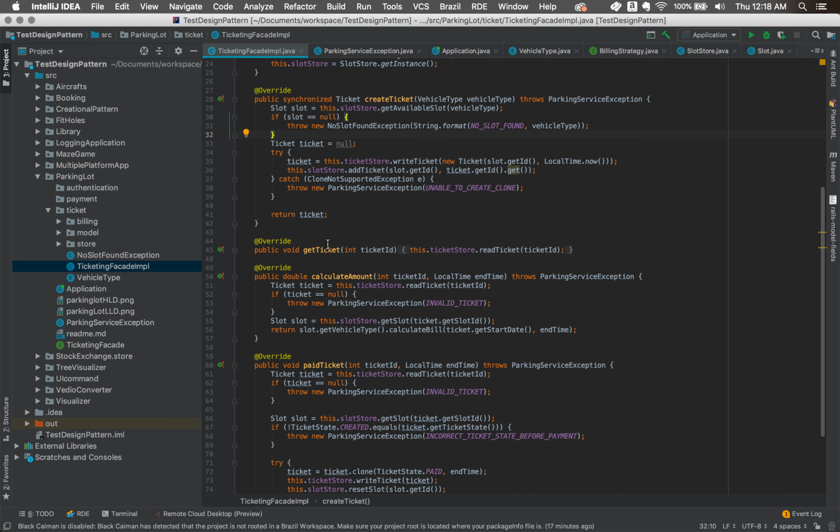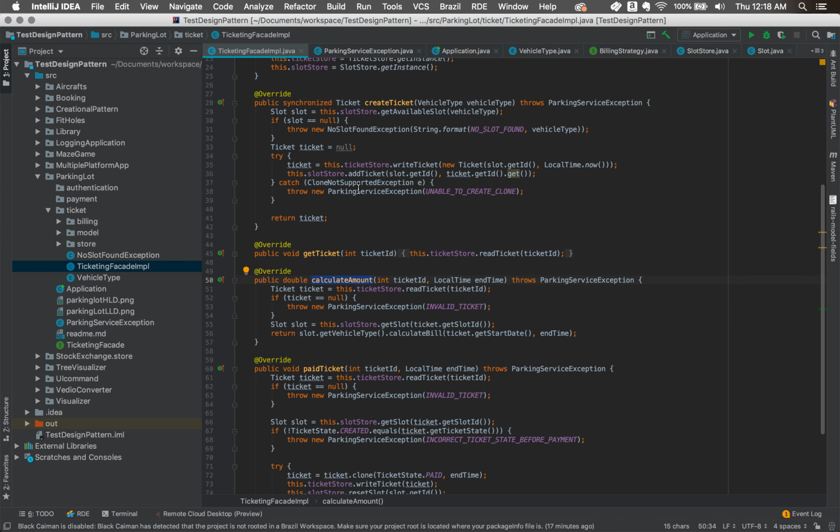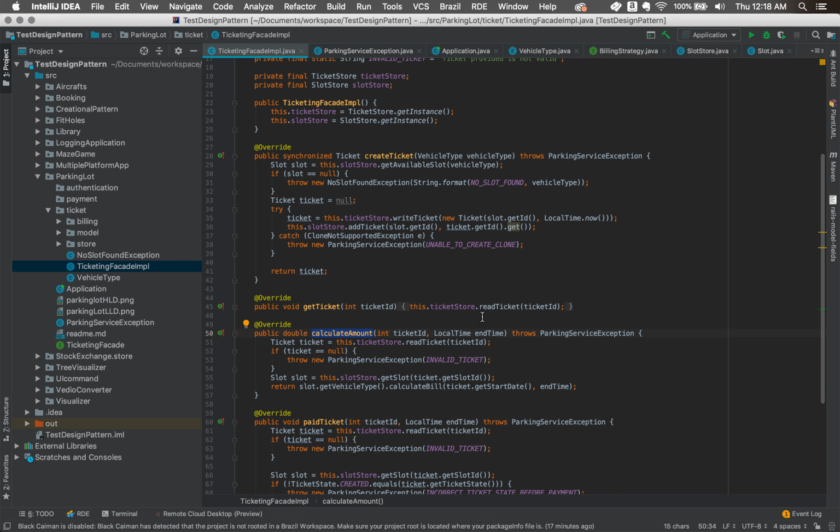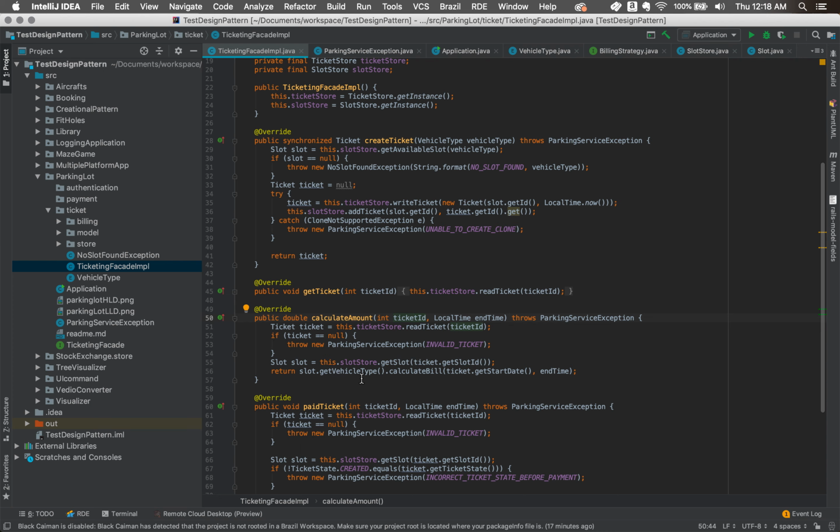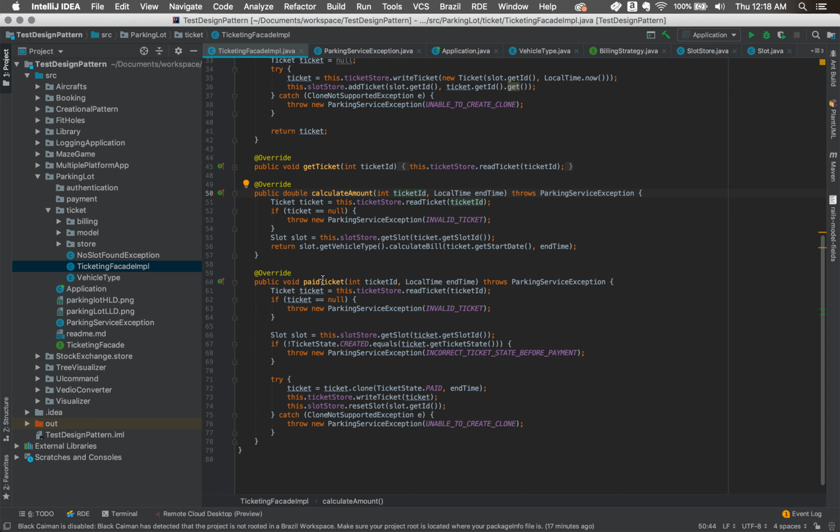Get ticket is normal, it is just to validate the ticket. So this can be the implementation of scan ticket. For calculate amount, the ticket system will take the ticket ID and the end time when it is checking out, and then it will calculate and give the data. And the paid ticket will be called from the parking service, once the calculated amount is paid.